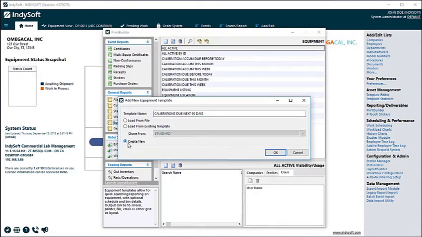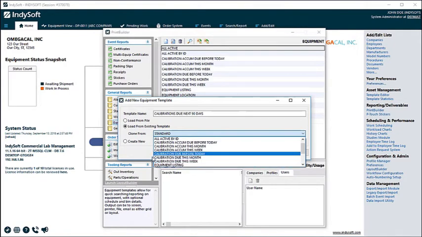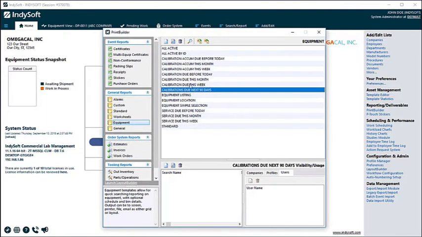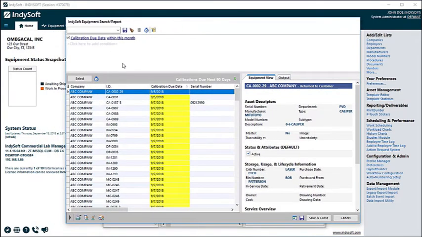Now I can just create this completely from scratch, but the typical thing to do is to just clone an already existing report. So I'm going to clone calibration due this month and hit OK. Once I do that, it allows me to dive into this new report and customize it. So I automatically bring this up and it launches the previous report logic that was set up already. And so what I'm going to do